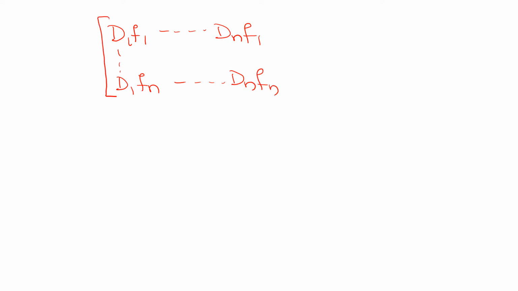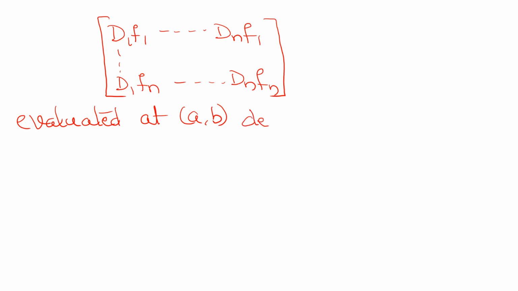It is from the derivatives: D1 F1 etc. Dn F1. Then you will have D1 Fn etc. Dn Fn. So this matrix, which is evaluated, suppose you find this matrix and evaluate it at the point (a,b), defines an invertible linear operator